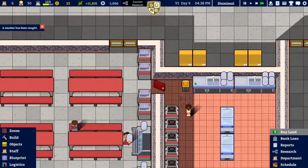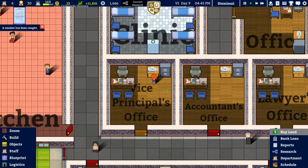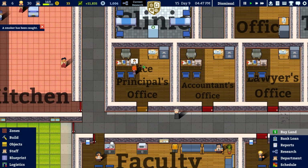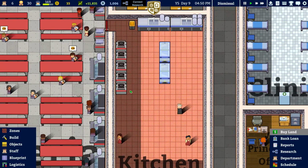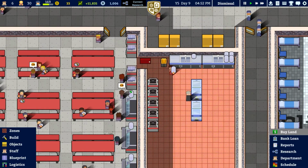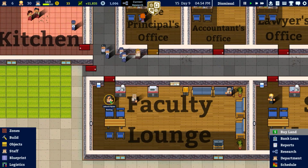Smoker has been caught. There? No, that's just where they'll have been taken, probably. Yeah, they've been taken to the vice principal, who is currently not there. Reverend is currently going to urinate, and they're going through the kitchen. I really hope they get to where they need to go. I hope this isn't the final destination. And, hang on, where is the...